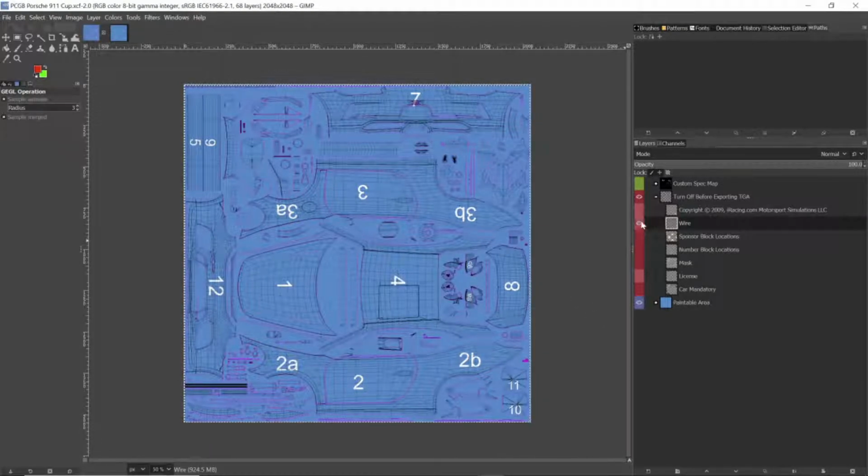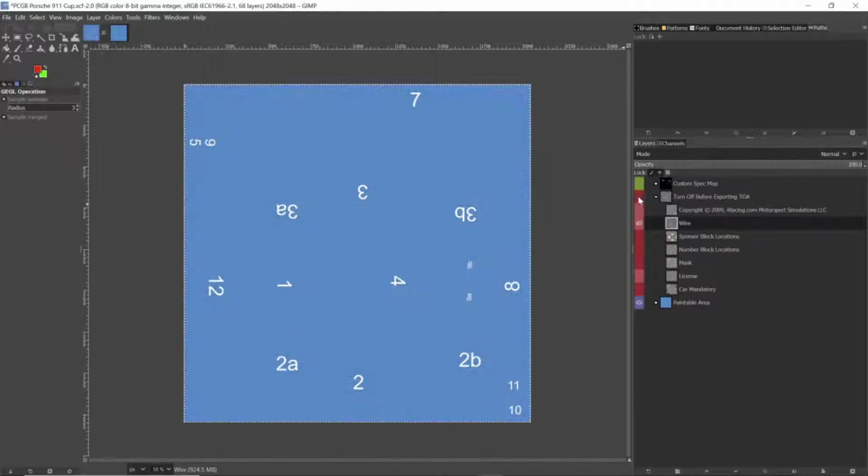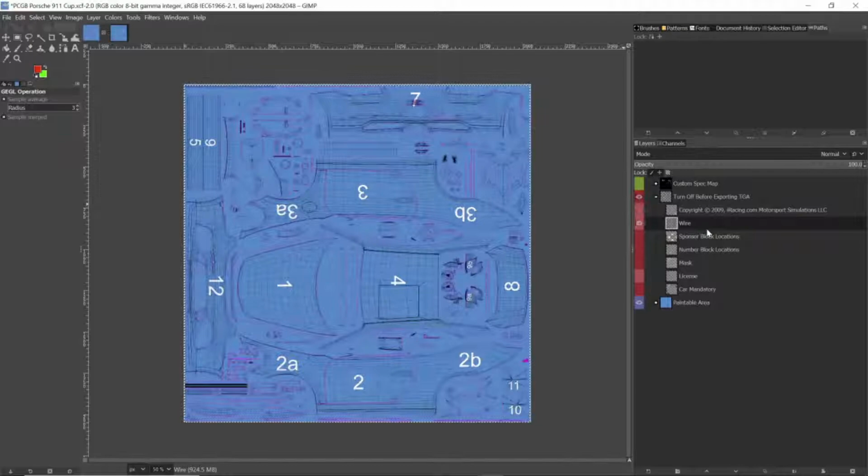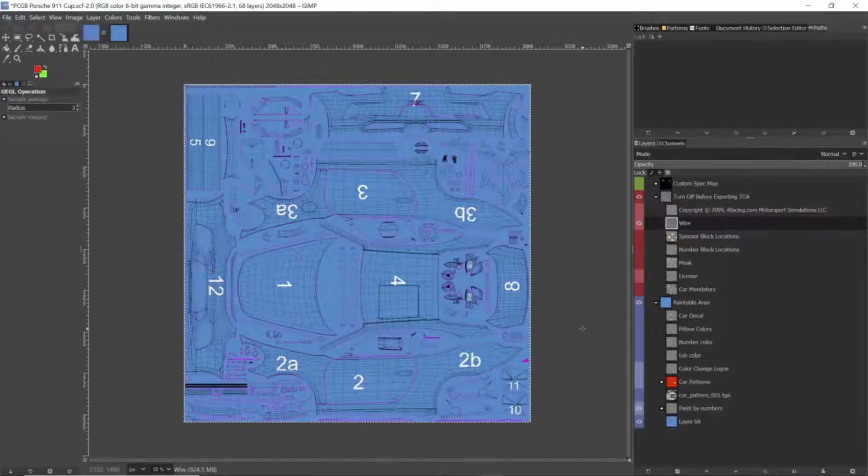So what I did was I inverted the color of the wire. I found it was much easier with lighter schemes to pick up the black as opposed to the white of the wireframe. But because we turn this layer off, it doesn't really matter what color it is. It's really for visibility. And what I did was I created, in the paintable area, because that's where we're going to do most of our work,